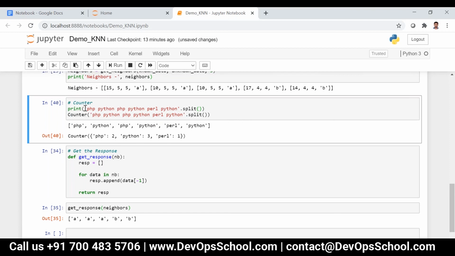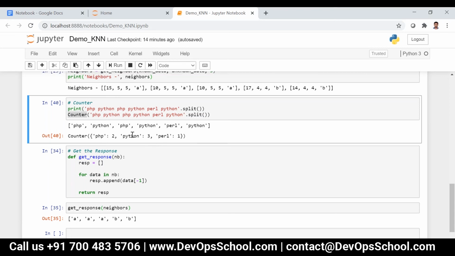That is, I have tokenized based on words. So now you can see PHP, Python, PHP, Python, Perl, Python. If you pass this list as an input to this Counter class, you can see PHP is 2 occurrences, Python is 3 occurrences, and Perl is 1 occurrence. You can see the number of occurrences of each and every element in the list.